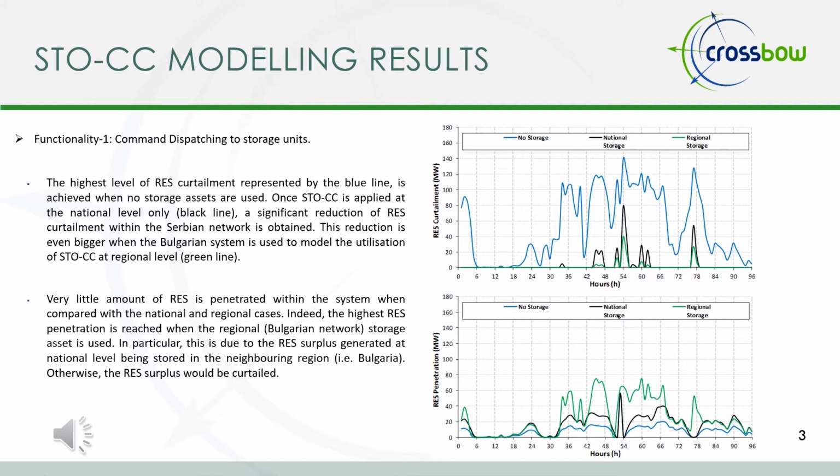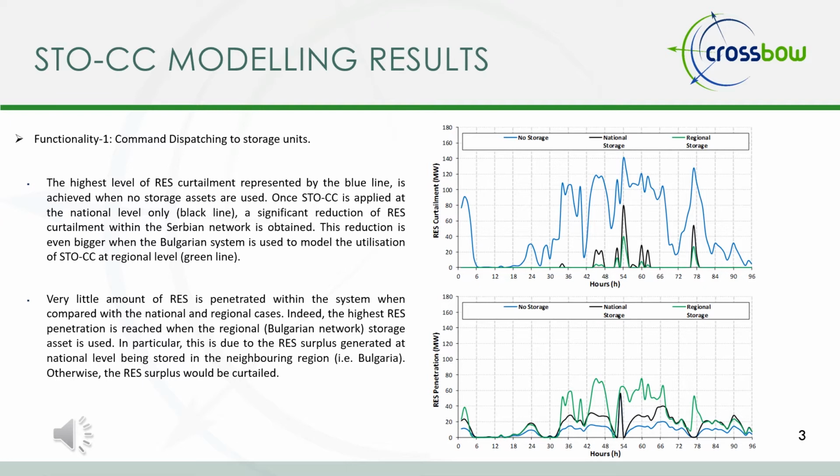So as expected, the highest level of RES curtailment, which is represented in the top figure by the blue line, is achieved when no storage assets are used. Once STO-CC is applied at the national level, which is represented by the black line, a significant reduction of RES curtailment within the Serbian network is obtained. Now, this reduction is even bigger when the Bulgarian system, which is represented by the regional storage, is used